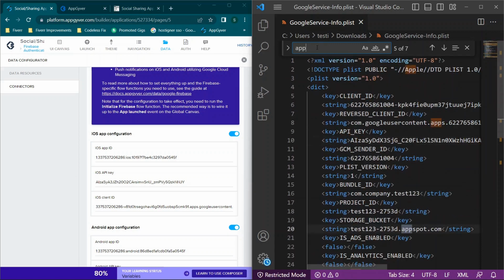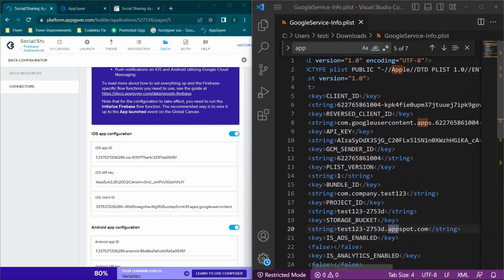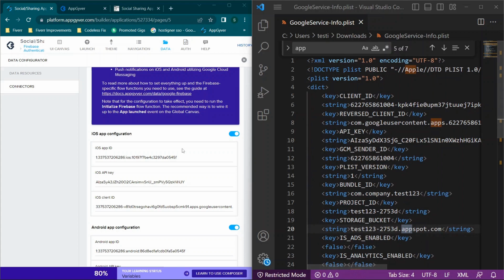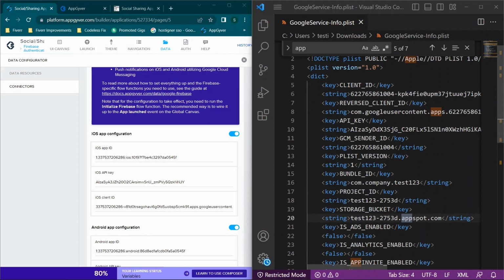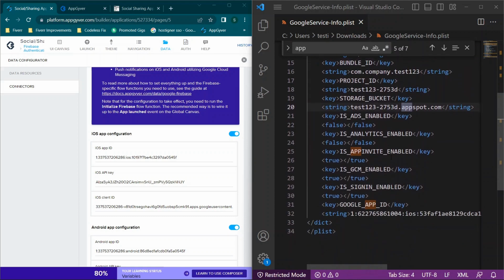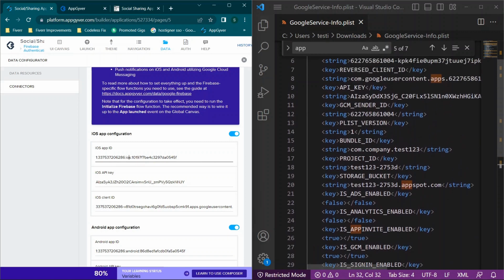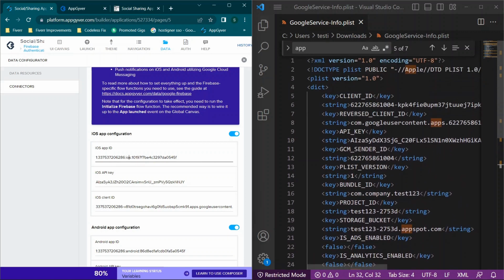It may be easier. Sometimes you can just type in app. And you're really just looking for the information. Now, in this case, I don't believe I set an app ID when I was going through Firebase, so I don't actually have one. But you'd be looking for something similar to this right here. So you'd be looking for some kind of an app ID that can be used. Now, in this case, again, I don't have one because I didn't add all of the details I needed in